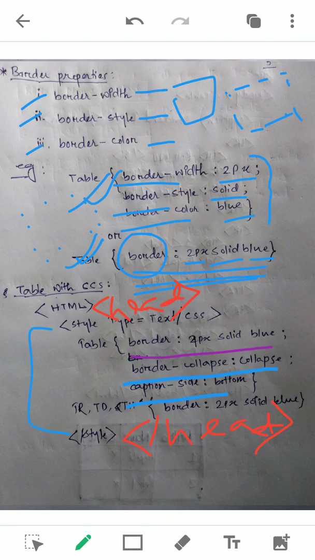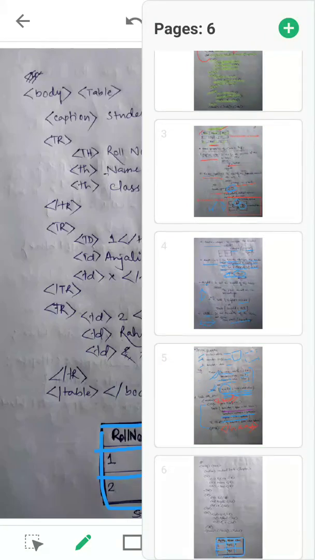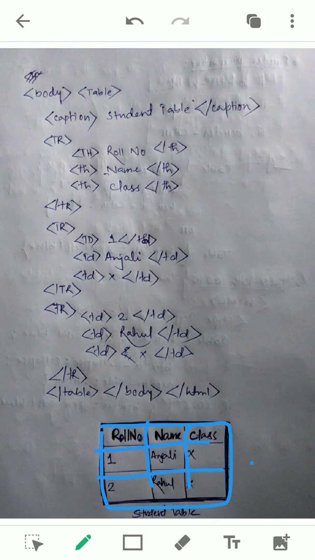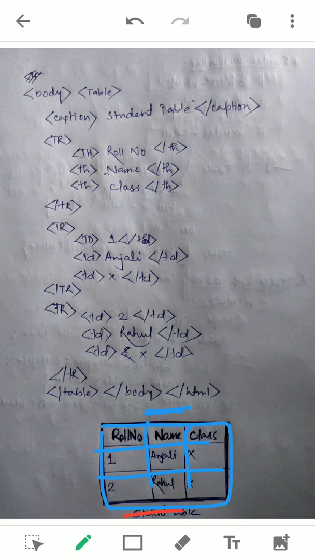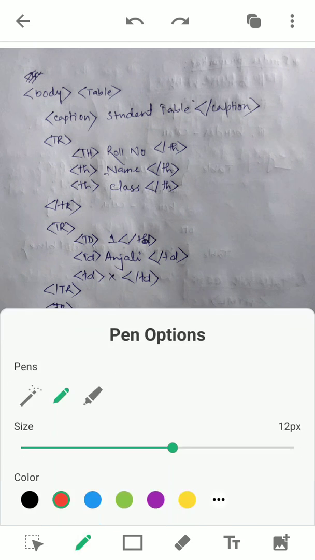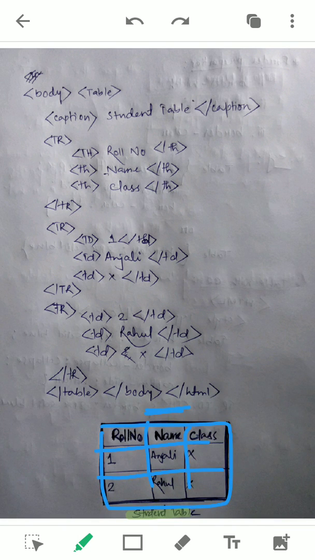Next, caption-side bottom. That's why you can see the caption of your table. Previously it was displaying at the top here. Now it is displaying at the bottom. Have you seen? In the bottom part it is displaying the caption. Let me highlight it here. So you can bring it to the bottom of the table. Next you see